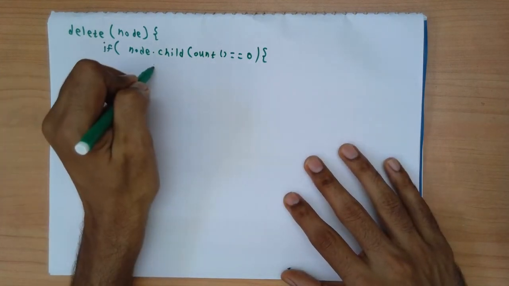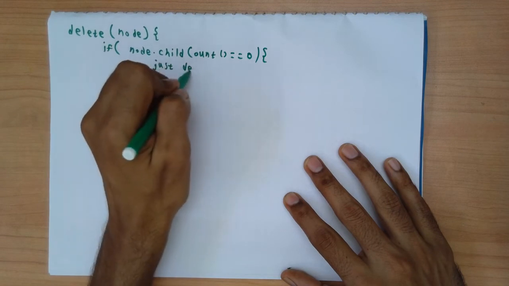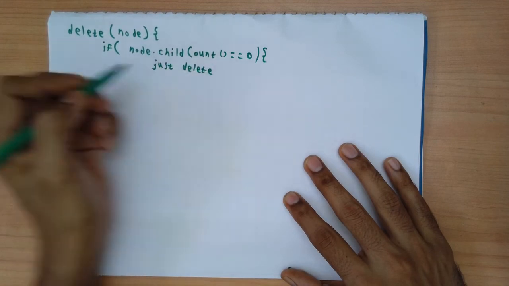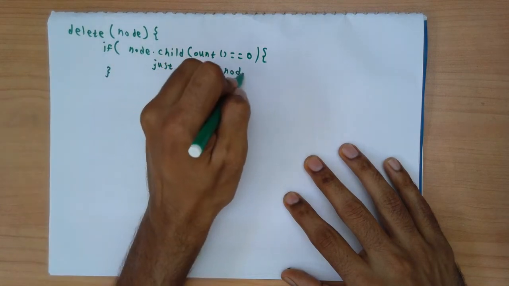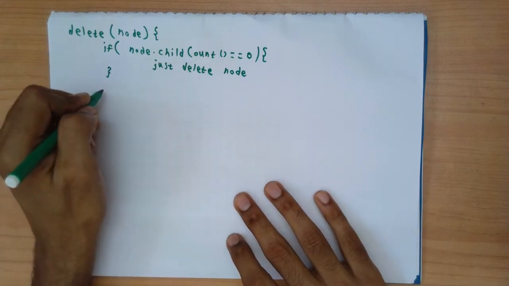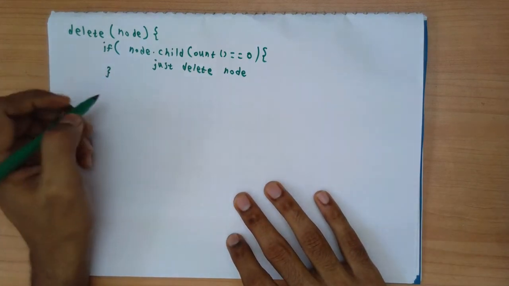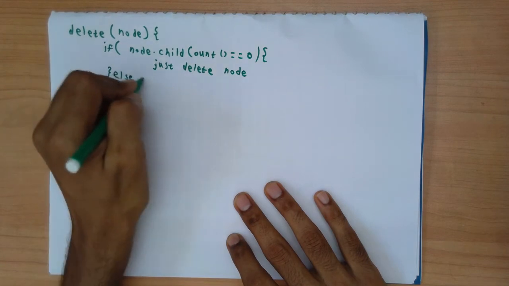And there is no extra processing required. Okay, we'll come to it. What do we mean by just delete the node? And then we'll return. However, otherwise, if